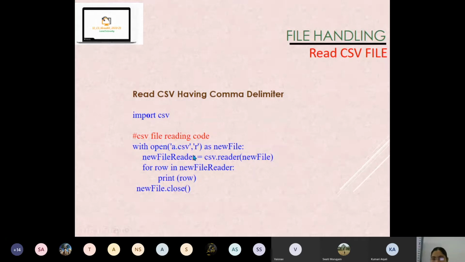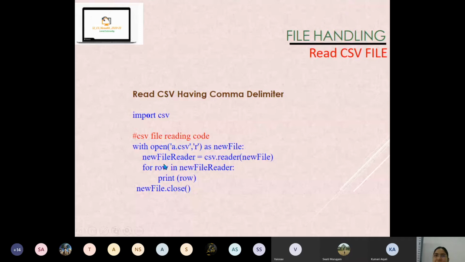Only R is read mode. W is write mode. A is append mode. R plus is read, in addition to read, write and append. W plus is in addition to write, read also. A plus is then read and write also allowed in addition to append. Got it, children?